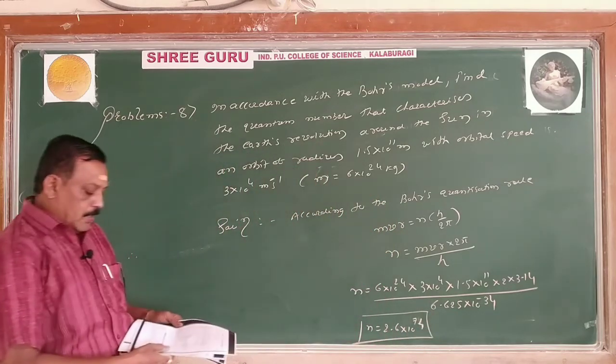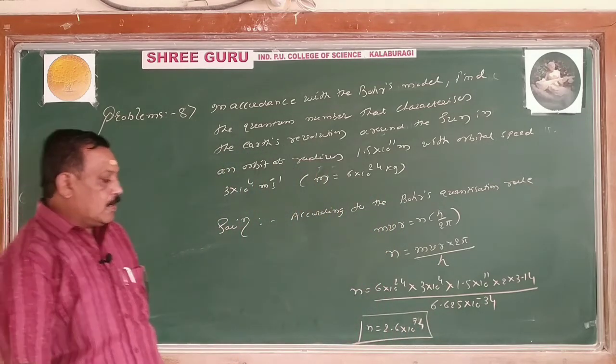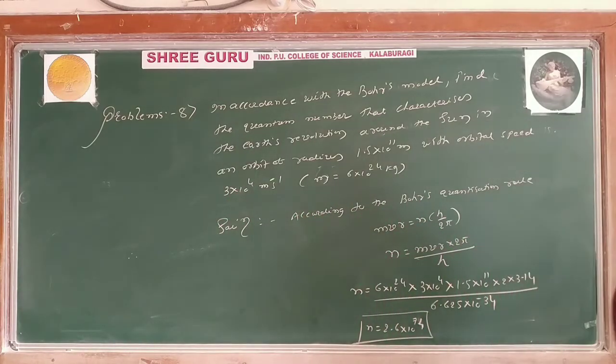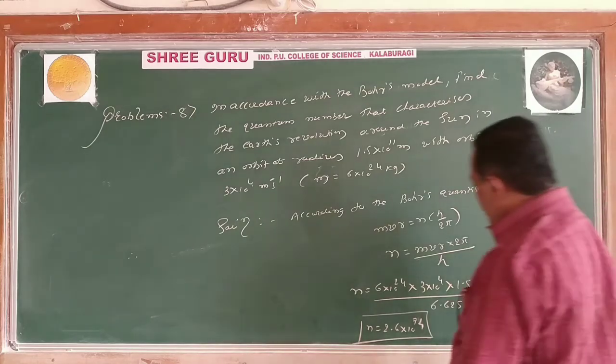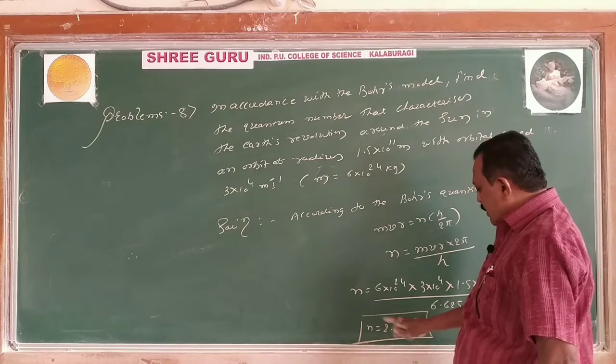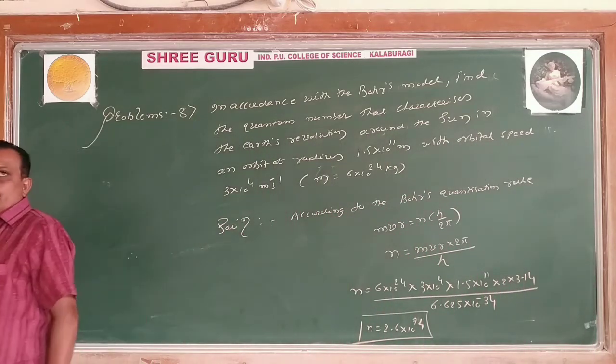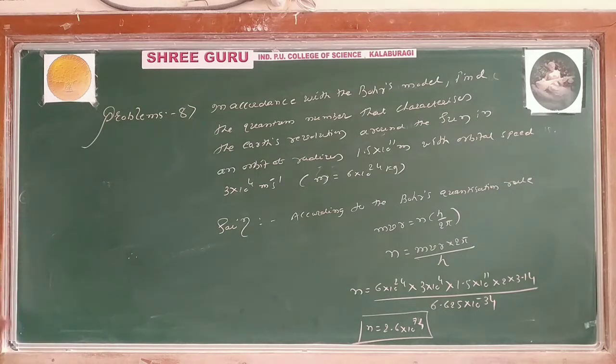This number is too large. We consider 2.6. That 2.6 is nearly equal to 3. So the electron should jump for hydrogen from the ground state,